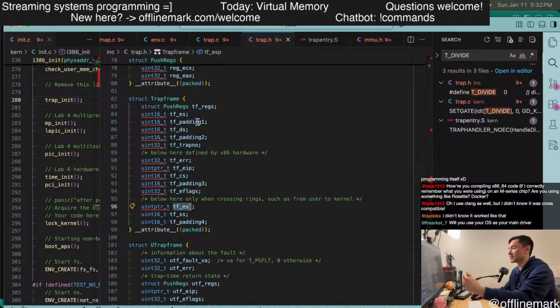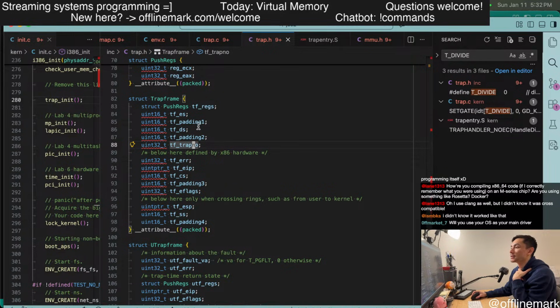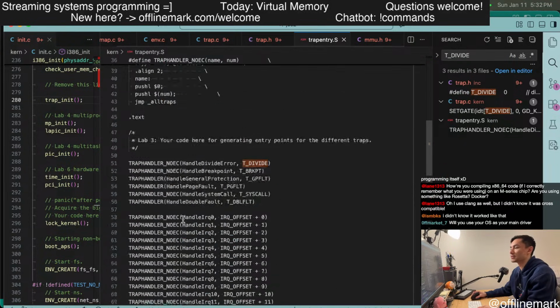And then lastly, our OS code itself pushes a few more things on here, like the actual number of the trap and the ES and DS registers, and I'm failing to recall